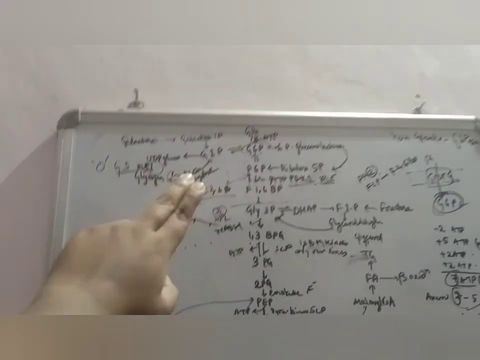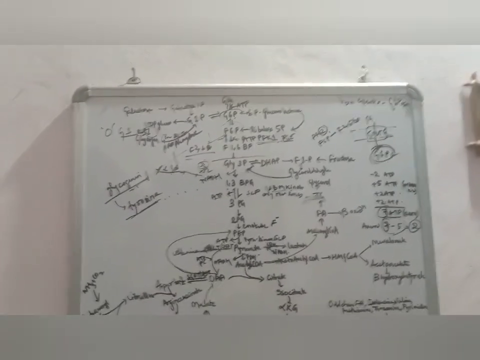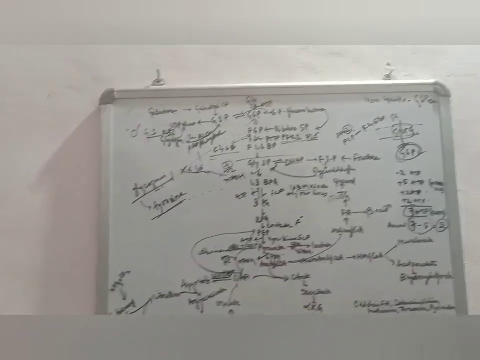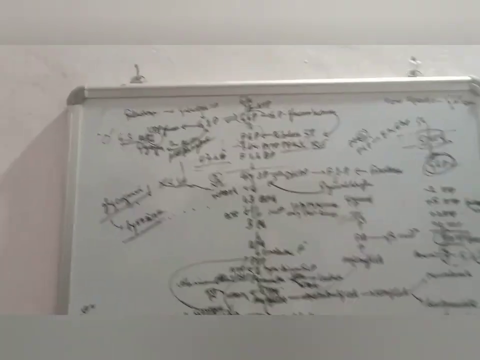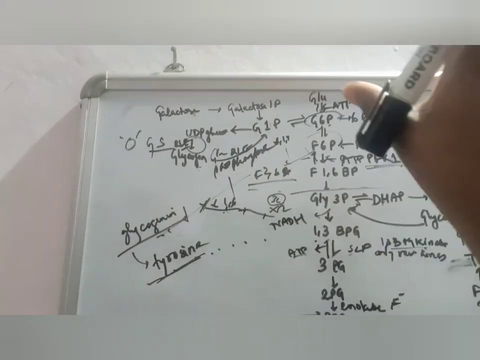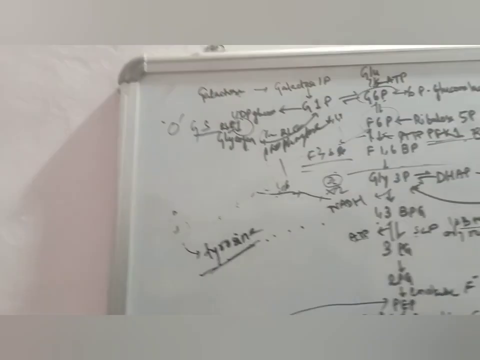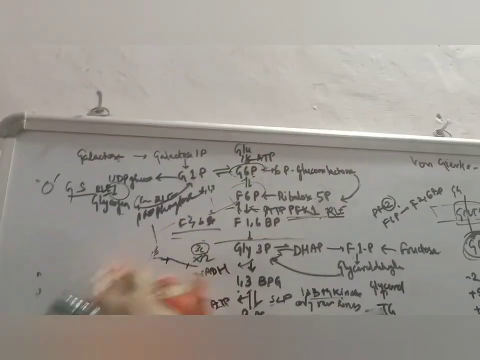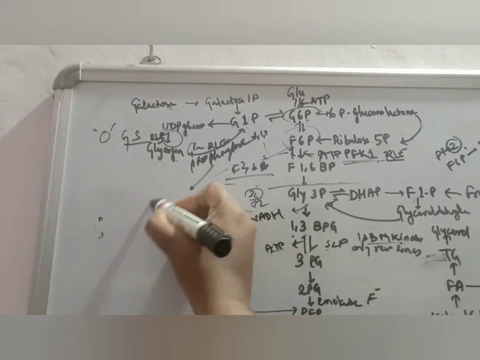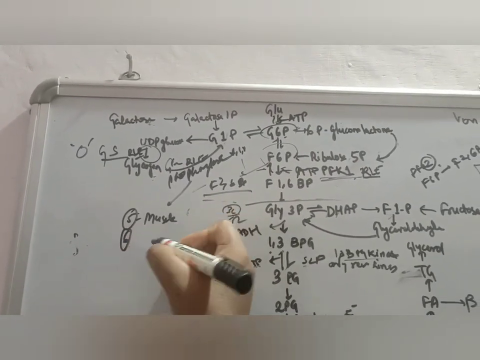So the opposite one: glycogen will get phosphorylated by glycogen phosphorylase, and that must also be a glycogen storage disorder. Glycogen phosphorylase breaks the alpha 1,4 bond, basic stuff, by adding phosphate. And if glycogen phosphorylase is defective, then what will be the glycogen storage disorder? That is type 5 and type 6. So 5 is basically muscle glycogen phosphorylase defect, and 6 is